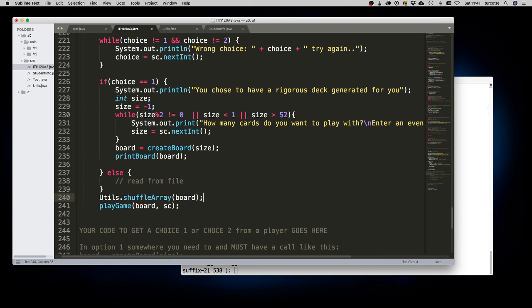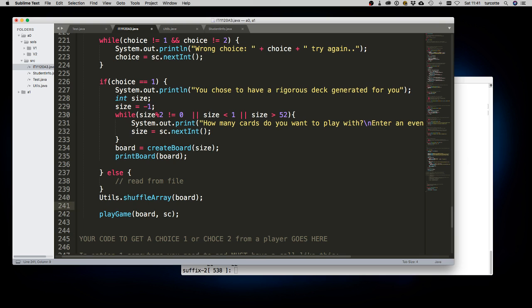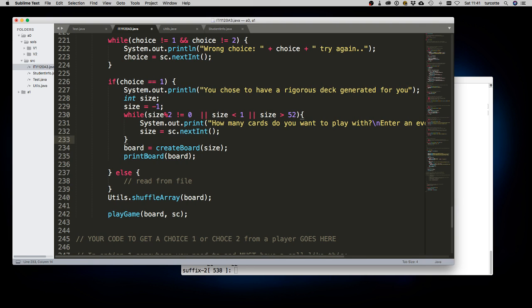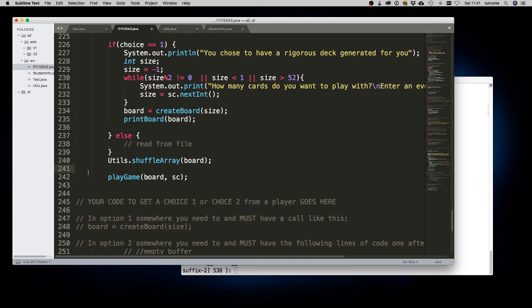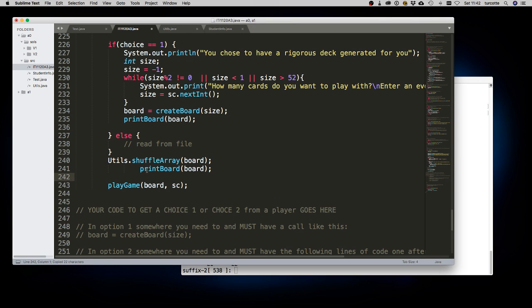Why don't we print the board again? So that's indeed a very good idea. We are going to print. So this is really cheating now because we are showing the answer, but this is going to make developing a lot easier. So that's good. All right. So I'm going to print the board. Now, if I compile that,